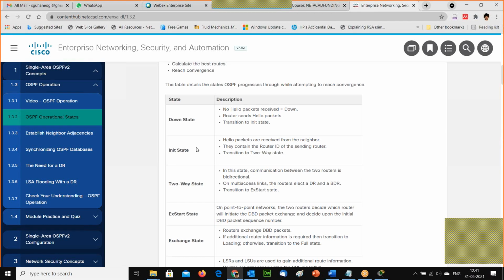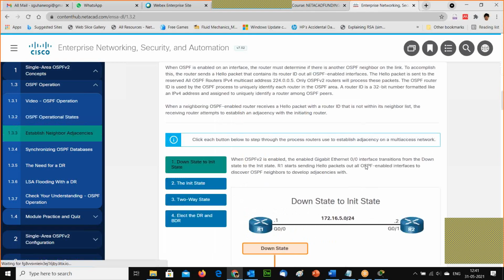If not, immediately DR will select the next best path. For example, if DR goes down, then BDR will become DR and another BDR will be selected. So this is the best part of OSPF.